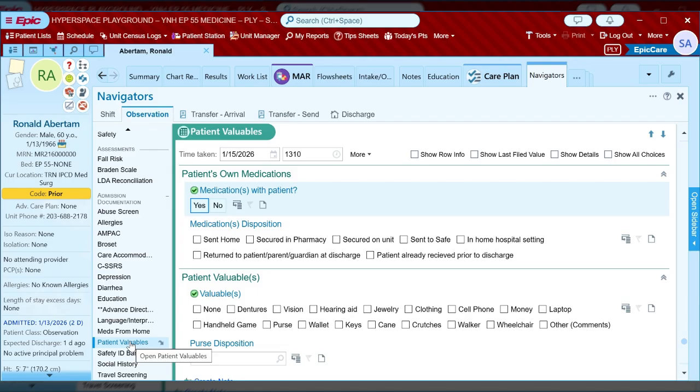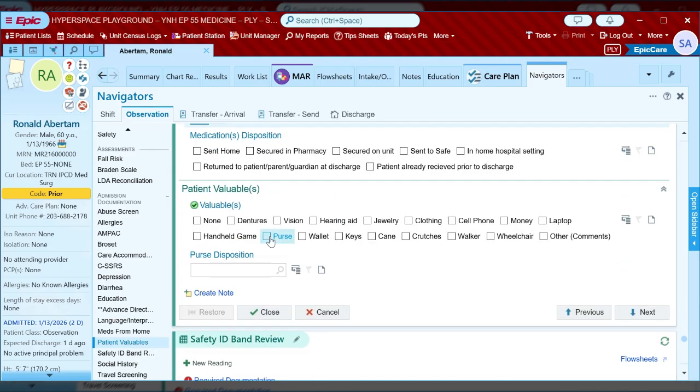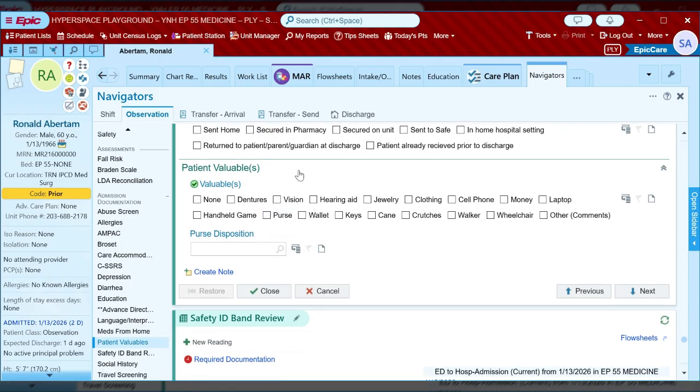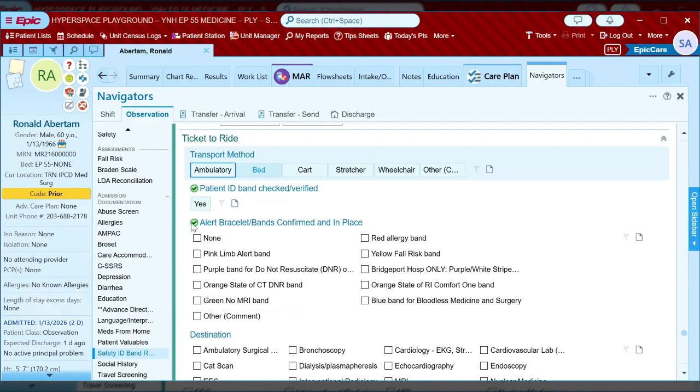Patient valuables tab is here as well. It's an extension from starting with those medications, but then any valuables that they might have. Did they remain at the bedside? Were they secured somewhere or did they go home with someone? Your safety ID band check, your ticket to ride, is right here. And then obviously your social history